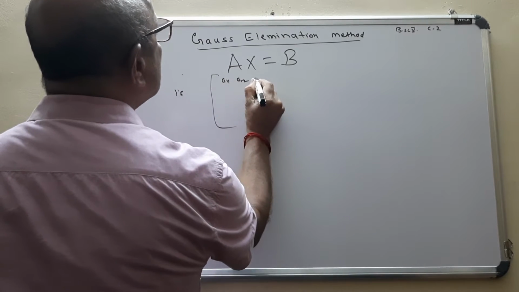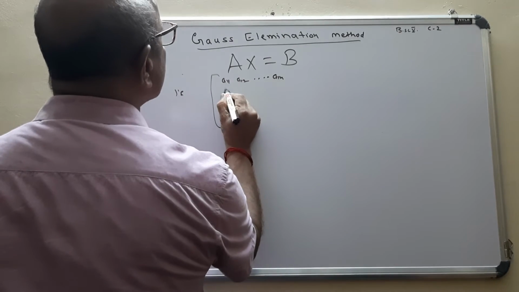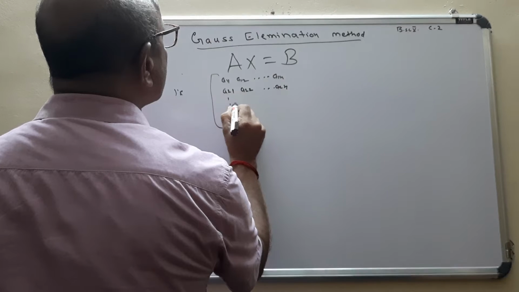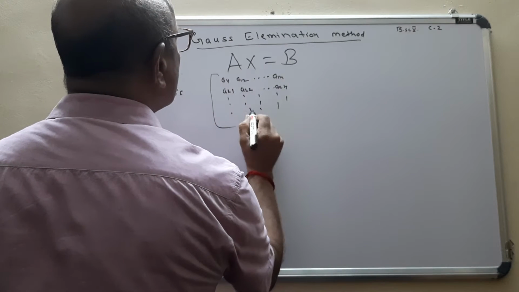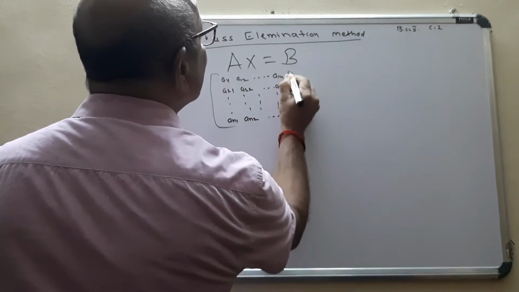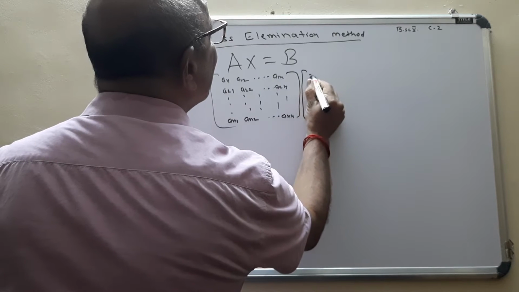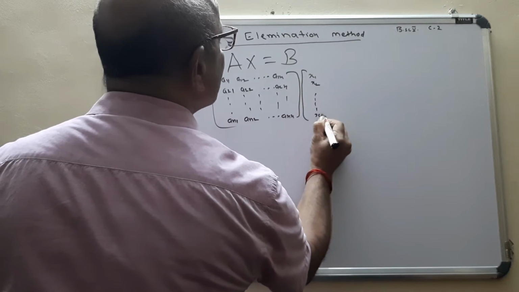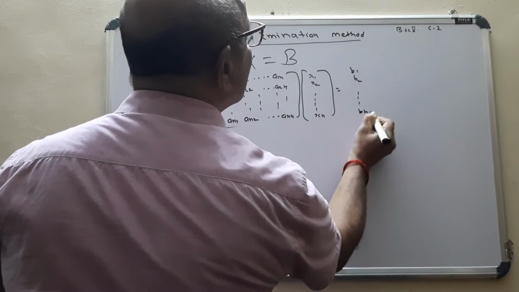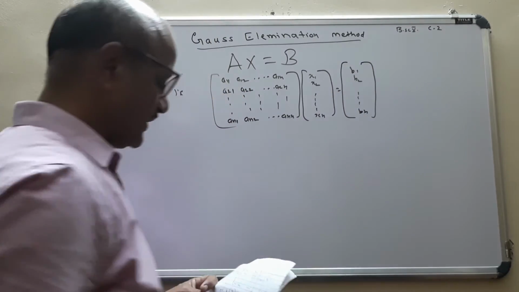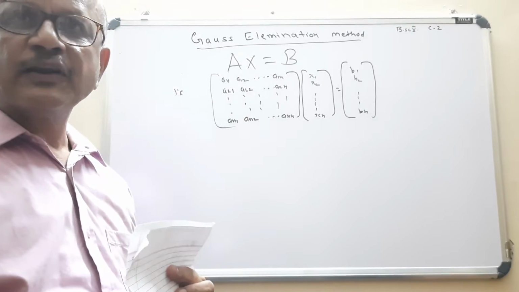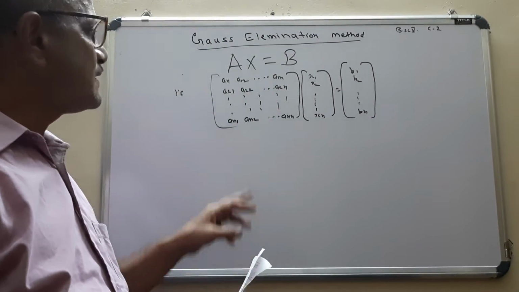A11, A12, A1n, A21, A22, A2n, etc., An1, An2, Ann, times X1, X2, etc., Xn, is equal to B1, B2, etc., Bn. Now you have to apply successively only elementary row transformations so that the matrix A in the left hand side